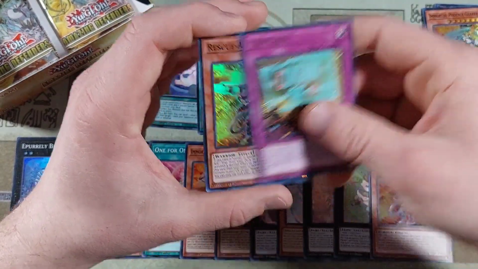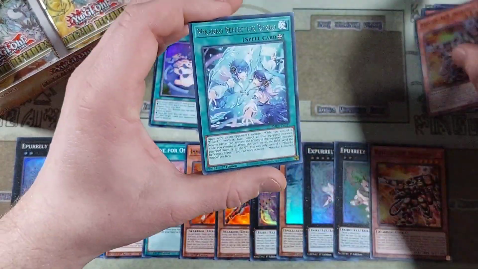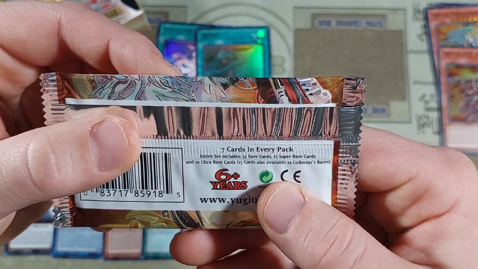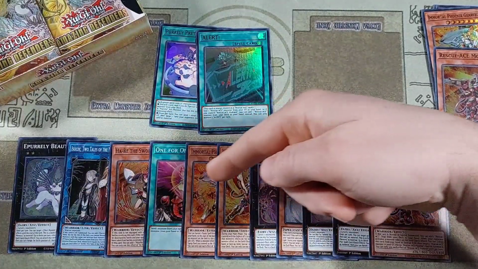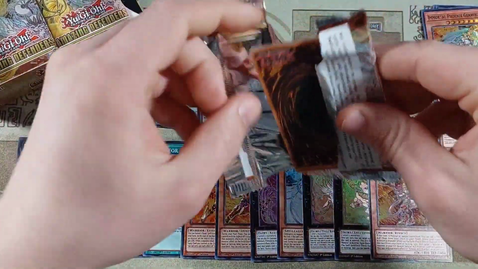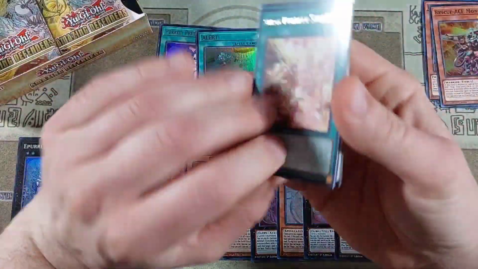Then we have a Contain, and then another copy of Rescue Ace Monitor. Wow, just a lot of duplicates on the super rares. What does it say on here? So there's only 15 super rare cards. So we've got 1, 2, 3, 4, 5, 6, 7, 8, 9, 10, 11. So we already have 11 of them sitting up here, and I probably already tossed a couple of the...